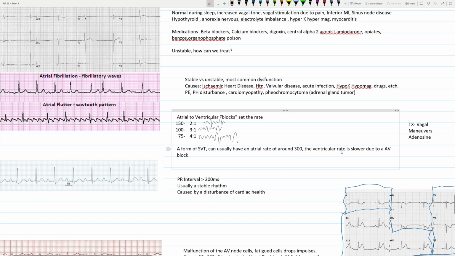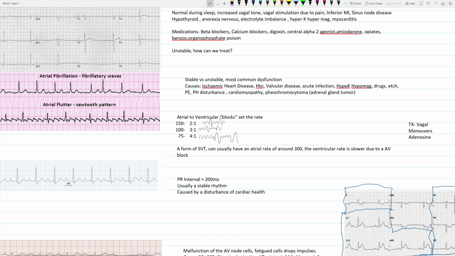Okay, so we're having a very, very rapid rate here in the atriums. Okay, so we're having atrial tachycardia. The ventricular rate is going to be slower due to the AV block. Okay, and so what I mean by that is that